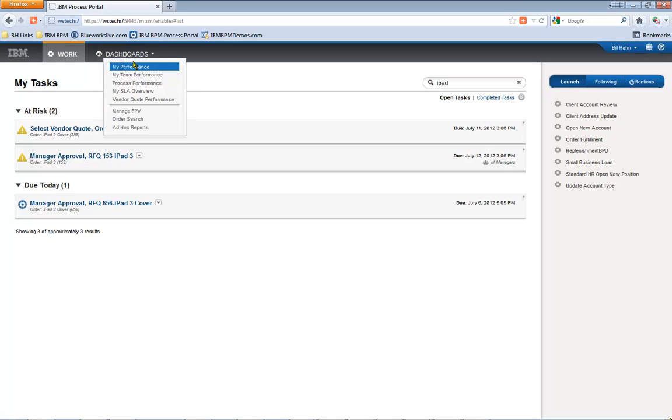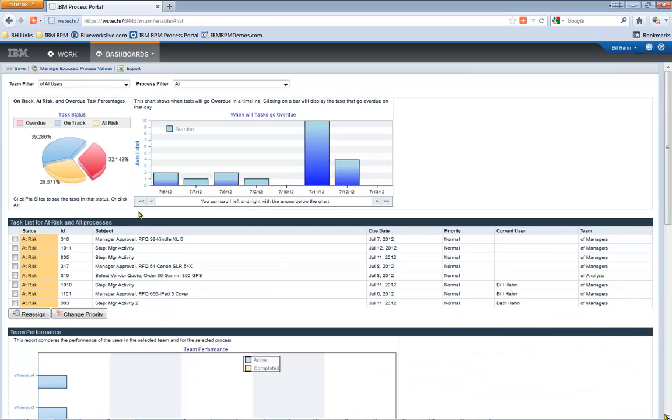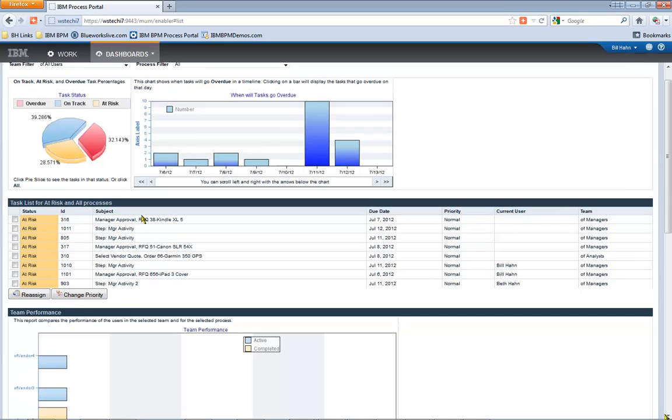There are also dashboards in the process portal that make it easy for us to get enhanced visibility on exactly what's going on. So I could take a look at, for instance, my team's performance and see the percentage of work that's on track in blue, that's at risk of going overdue in yellow or orange, and what's already overdue in red. I can see what's going to go overdue in the future, and if I click on one of the pieces of the pie, like the at-risk piece of the pie,